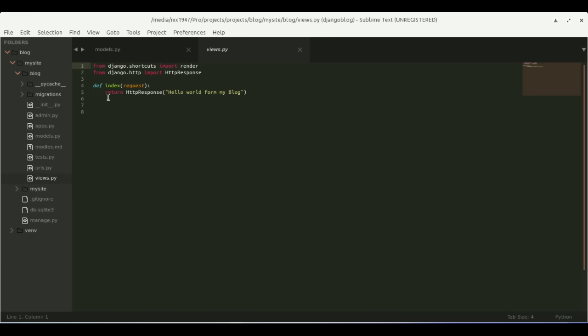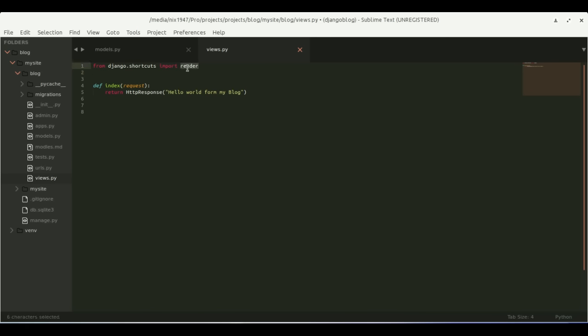We will create them with the help of the Django templating engine, and then we will try to pass the data from the view to the template so that we can do whatever we want with that data. We can format the data, we can show the data however we want. To do that we will use the Django templating system. So let's get started. First of all, I would like to remove this line,